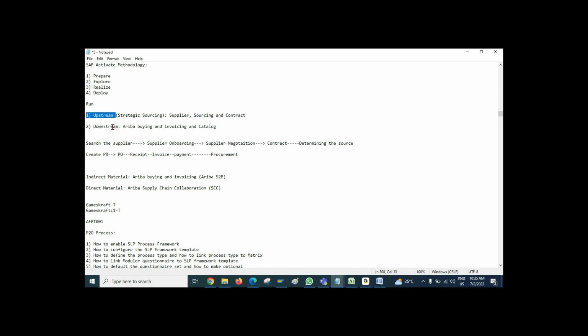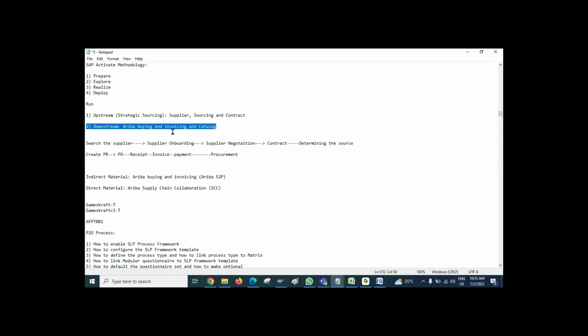If you talk about upstream or strategic sourcing, we have three solutions: supplier, sourcing, and contract. Supplier you can say SLP as well. So we have the supplier solution, the sourcing solution, and the Ariba contract solution. Now, when you come to the downstream part, we have the Ariba P2P solution.